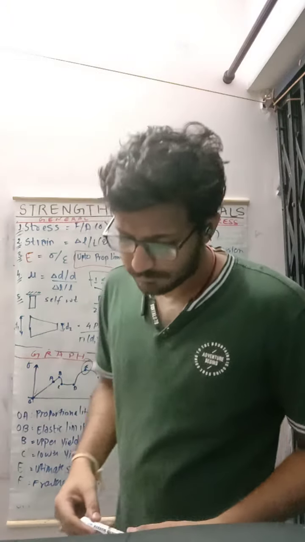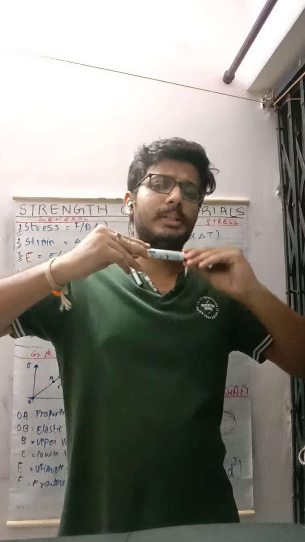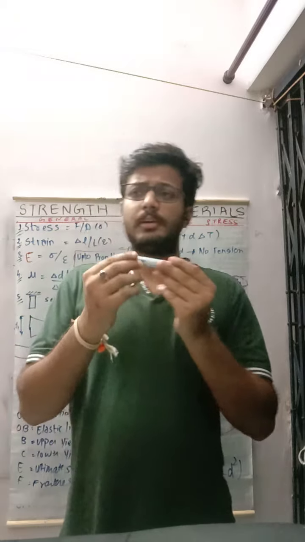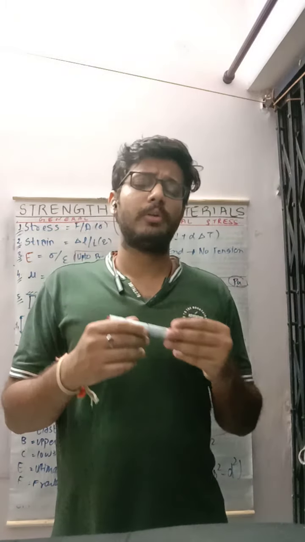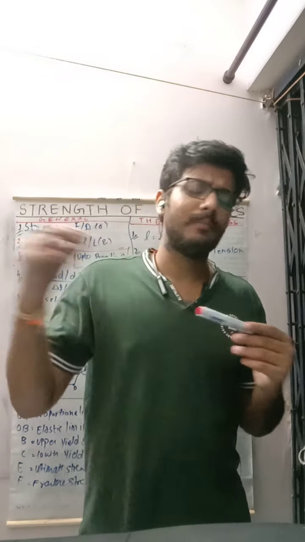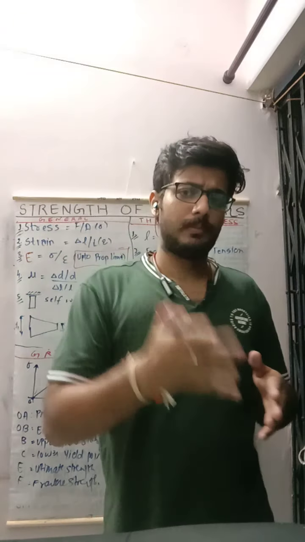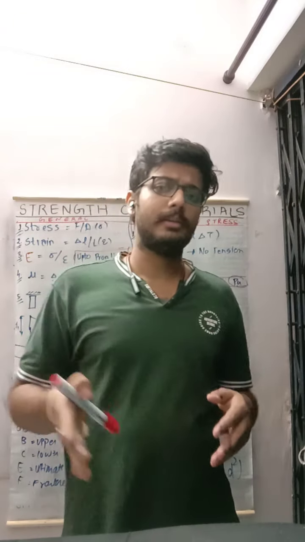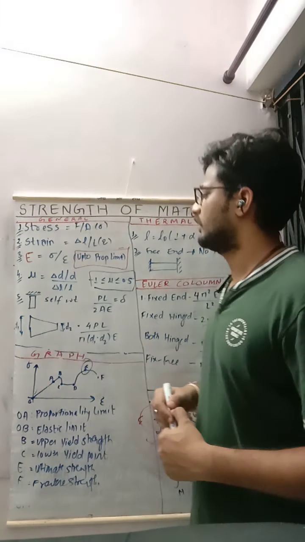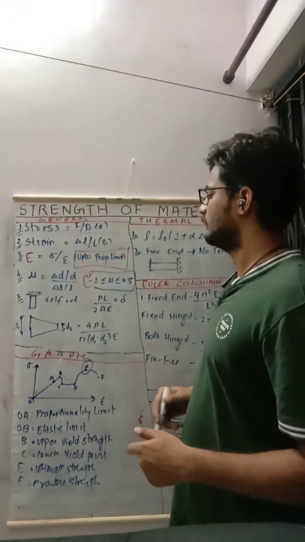Now what's this? Suppose you have a material and you stretch it. Obviously the length will increase, and with the length, there will be some decrease in the diameter. The diameter will become thinner and thinner. So that decrease in diameter upon D, whole upon delta L upon L, gives you the Poisson ratio. Generally, the Poisson ratio lies between -1 to -0.5. This is the general range of the Poisson ratio.